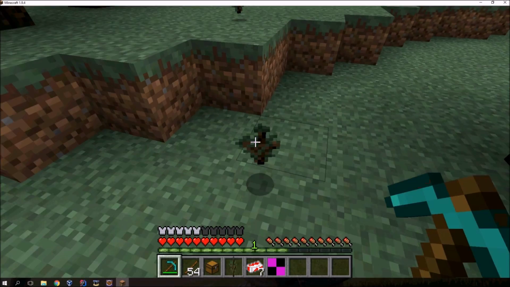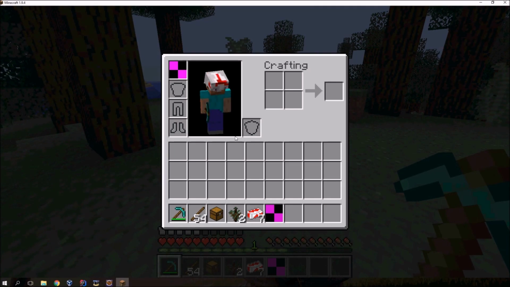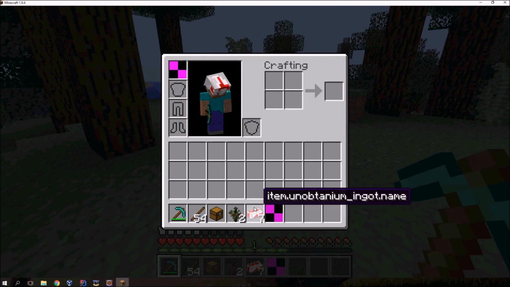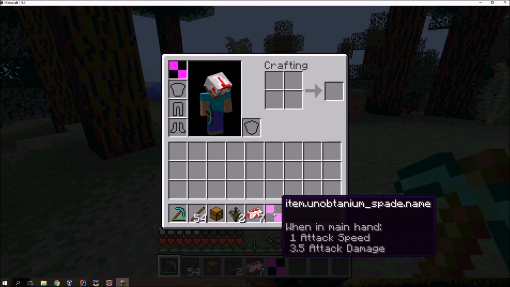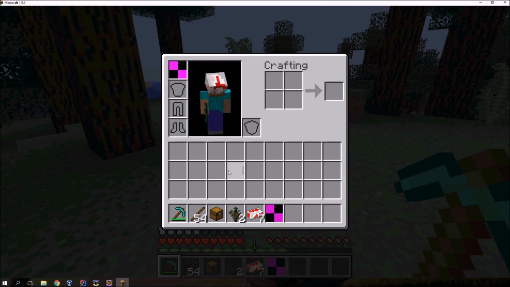So in this video, you'll probably have noticed when you run your mod from Eclipse to test your items, you'll have these really good looking items because the textures work, they'll fit in the game, they'll do what you want them to do. But when you hover your cursor over them, their names are going to be kind of dumb. It'll say item dot, then it will have your unlocalized name, and then it'll say dot name. And so you probably don't want that. If your item is your unobtainium helmet, you probably want it to say unobtainium helmet without looking